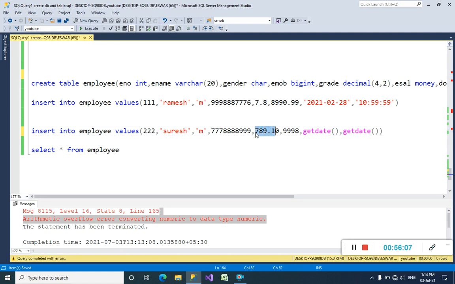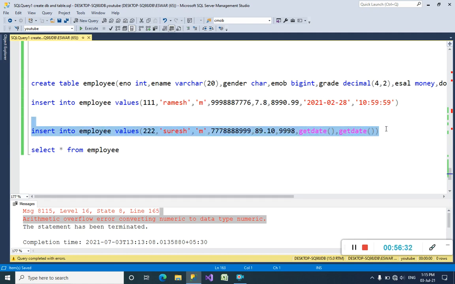How many digits are in this decimal number, guys? 5, but we have declared 4. I want to store 4 digits overall, because grade or percentage is not more than 100, right? That's why I put it like this, guys. I can only give up to 99.99 decimal.